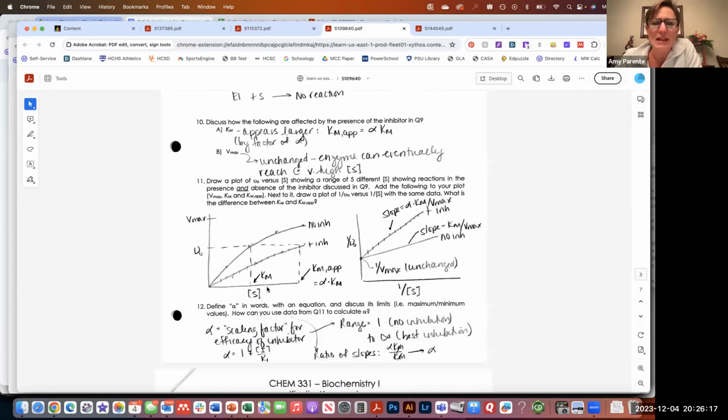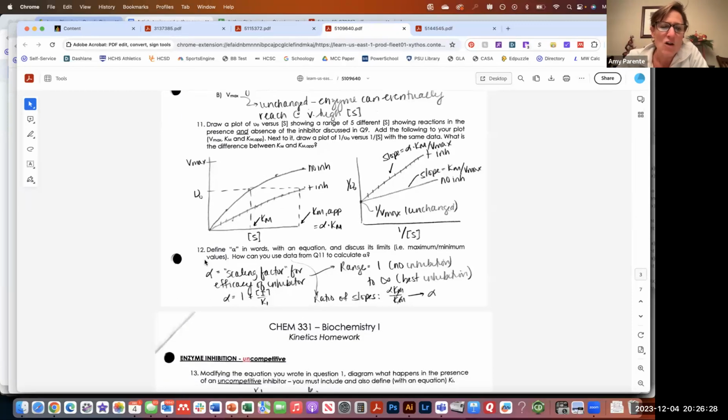Be able to think about how these plots look, both our standard intuitive plot as well as a Lineweaver-Burk plot under competitive inhibition. And then again, alpha is really a scaling factor. So alpha is equal to 1 plus the ratio of the concentration of inhibitor over Ki. And so think about what these limits are. If we want alpha to be powerful, we want to have a powerful inhibitor. There are 2 ways that can happen. We can have a high concentration of inhibitor, and or we can have a small Ki value. Both of those are going to make this term significant such that alpha will be much greater than 1.